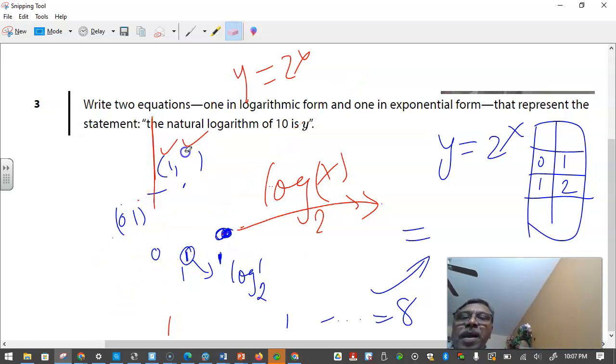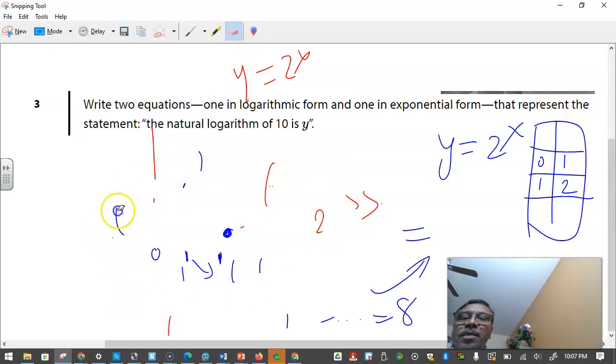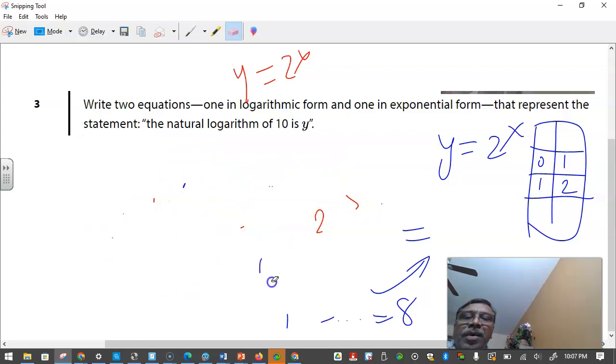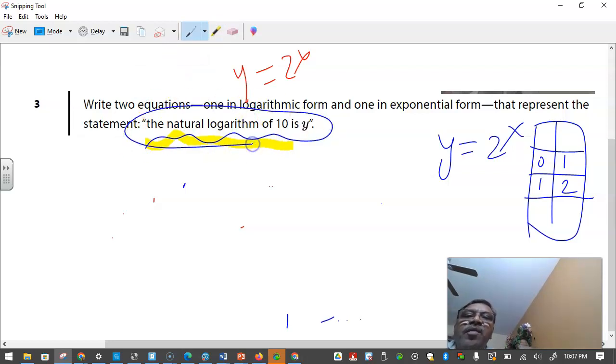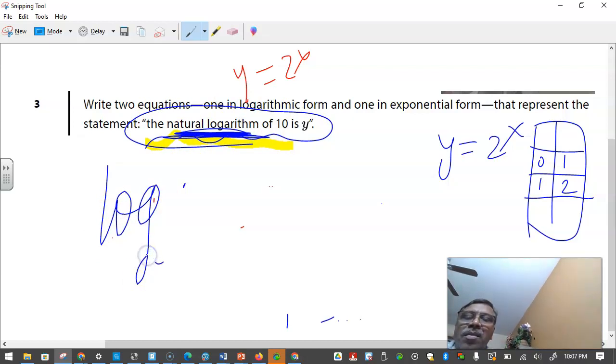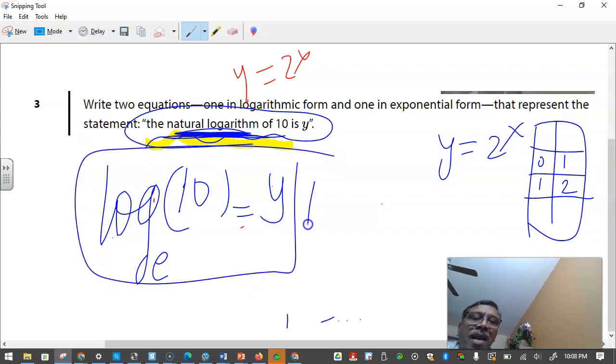So go back. It's asking you, how do we write those in the apostrophe form? How do you read this in two different ways? This part, you're supposed to write as natural log. Now, when you talk about natural log, it basically means logarithm to the base of 10 is y. But we write this as ln because it is e, so ln of 10 is